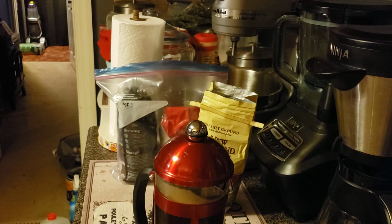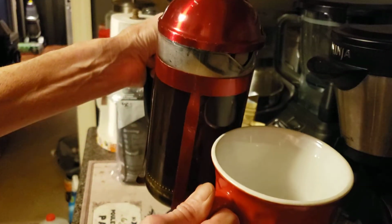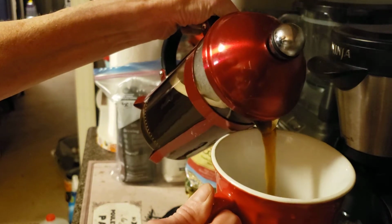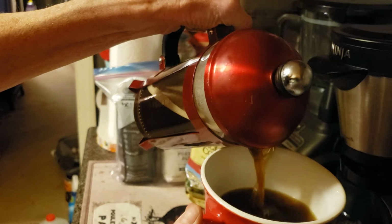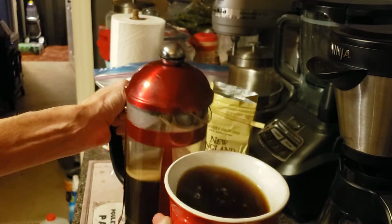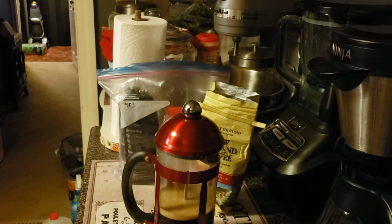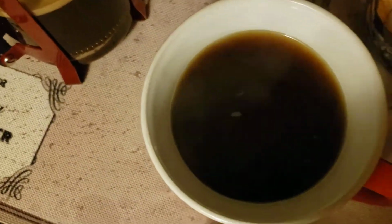Nice and clean out of the dishwasher. And this is how French press coffee comes out. This is lighter, obviously. Well, a tiny bit lighter, not extremely. But you can get at least 2 cups of coffee out of this. Oops, almost spilled it. Actually, it's not as light as I thought it was going to be, even though I rushed it. It's still pretty dark,